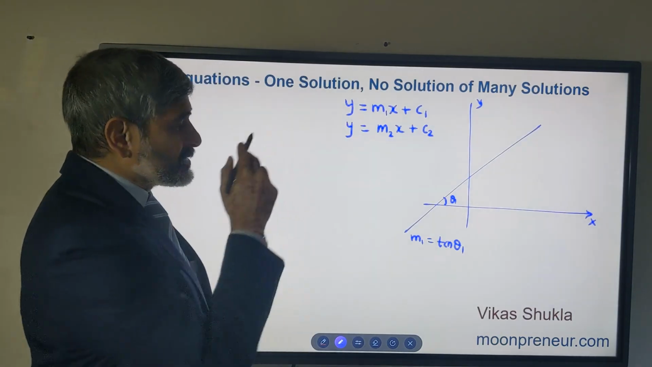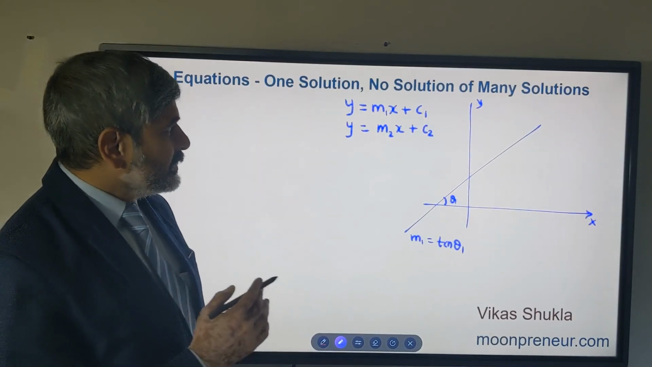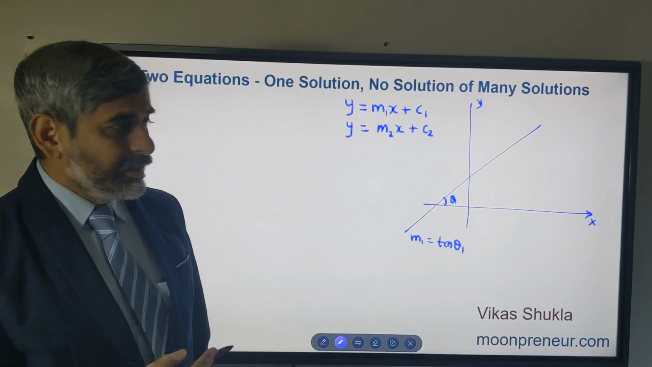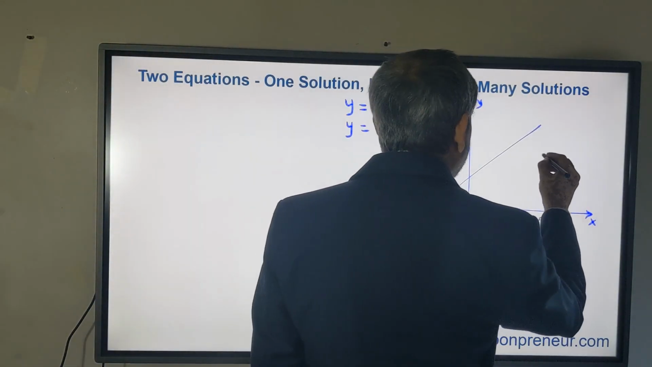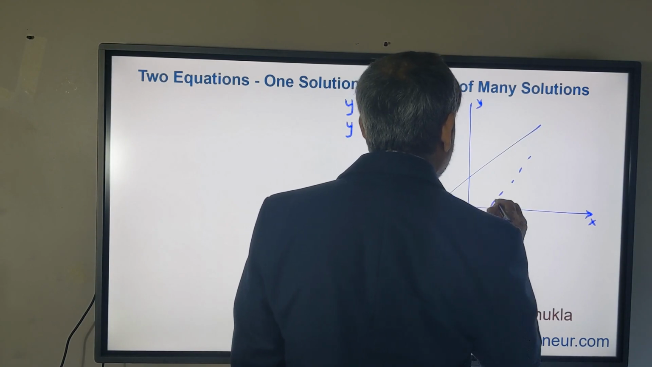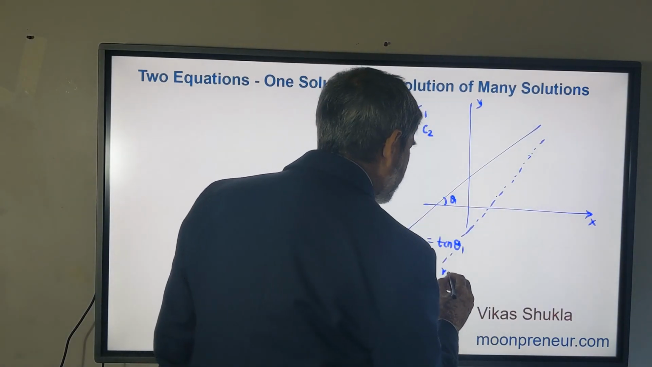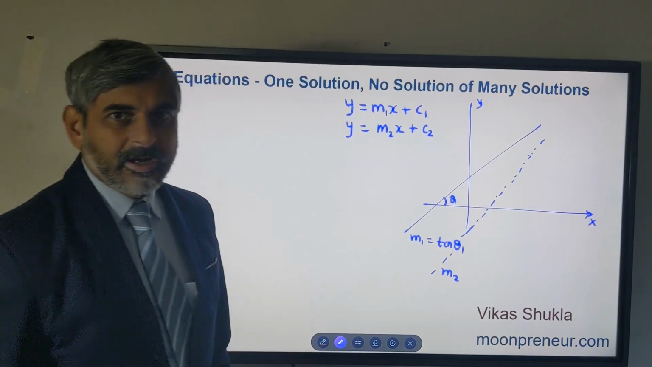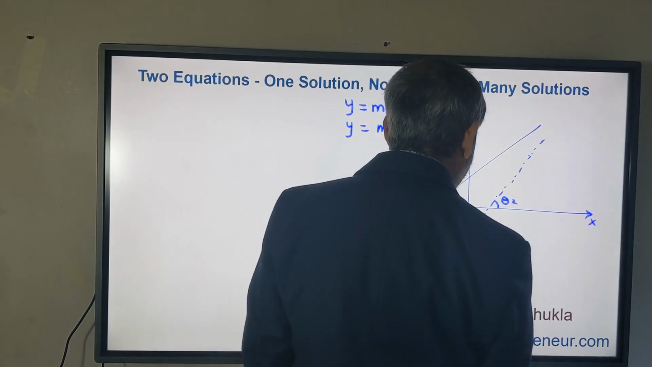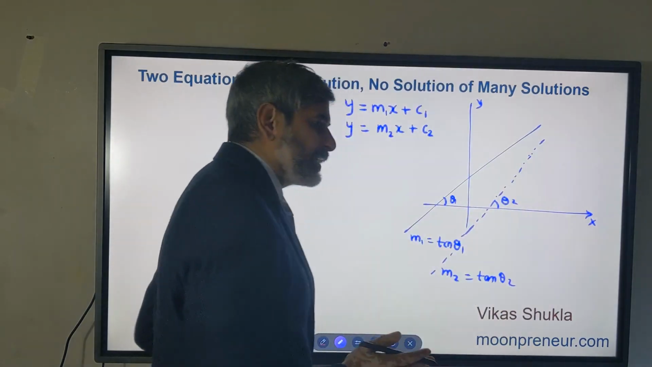Now let's take a look at the second line, y equal to m2x, and let's say m2 is different from m1, which means that the inclination of this line is different from the first line. And I plot this line like this. If m2 is different from m1, it will be inclined at an angle theta 2, which will be different from theta 1,